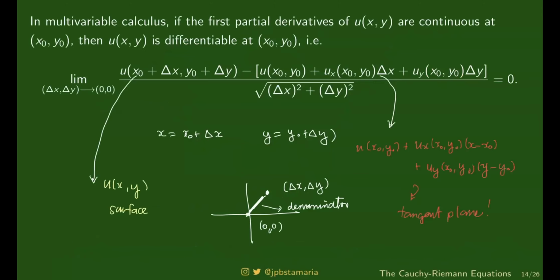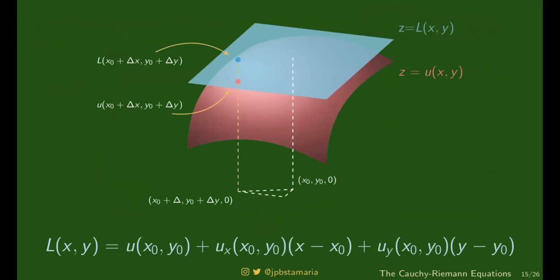Sa calculus, ano na-prove natin? Alam natin sa calculus na kapag ang first partial derivatives mo ay nag-e-exist, hindi lang nag-e-exist, furthermore, continuous pa sila doon sa x naught, y naught. Using the mean value theorem, mapuprove niya na yung u of xy ay differentiable at x naught, y naught. So in other words, yung additional condition na required ay yung continuity ng partial derivatives. Kailangan pag kinuha mo yung partial derivatives, yung resulting function mo is also continuous. Kasi ang derivative, hindi laging continuous yan eh.